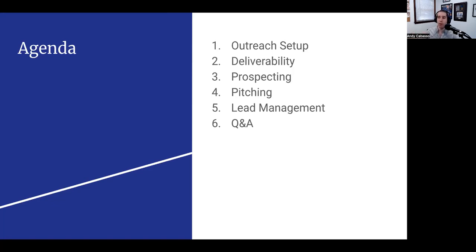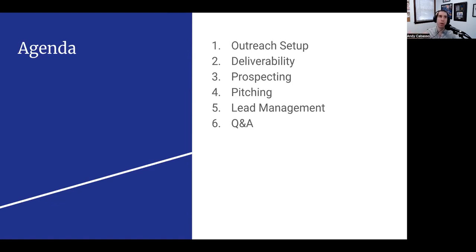The different components that we're going to talk about, my agenda I got wrong, but we're going to be talking about a few different things. Basically the setup that you need for good deliverability.